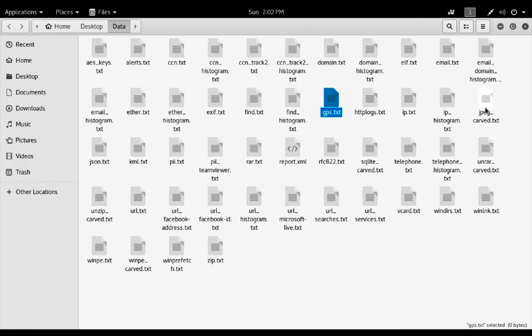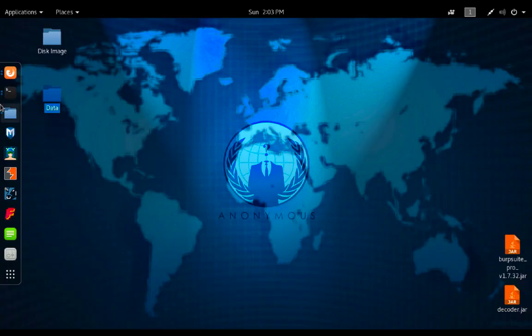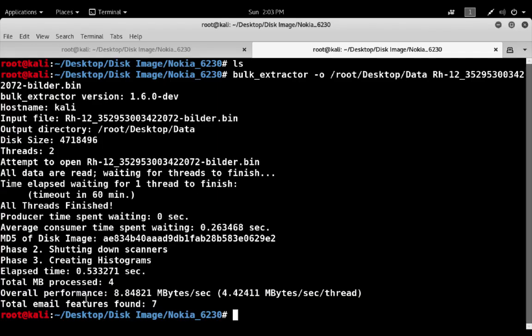And here you can see the JPG folder. The main thing is I'm not going to do spoon feeding. It's your homework to open every folder and every text file given here, so you can see what exactly this tool is doing. We have already seen in the tool output that it found emails.